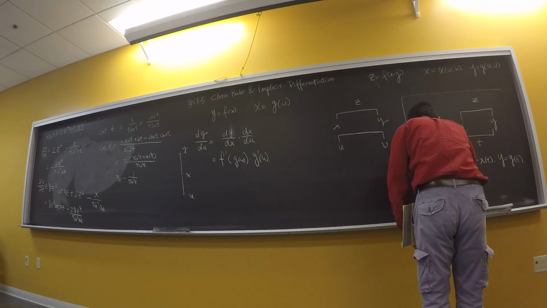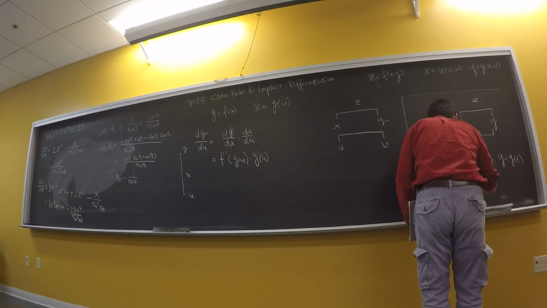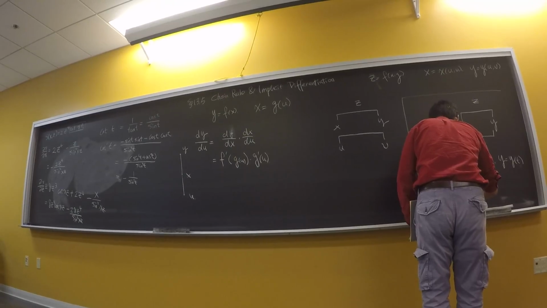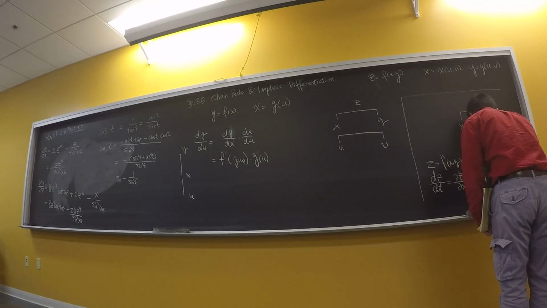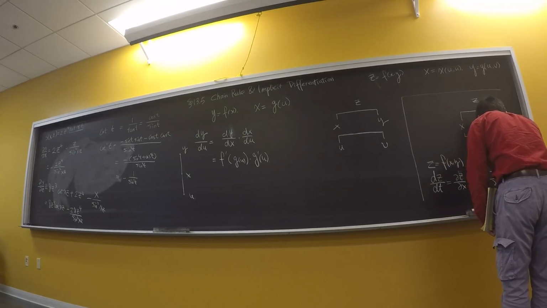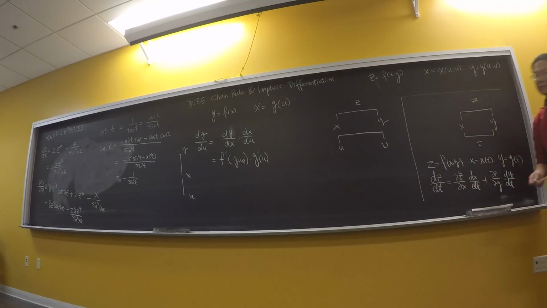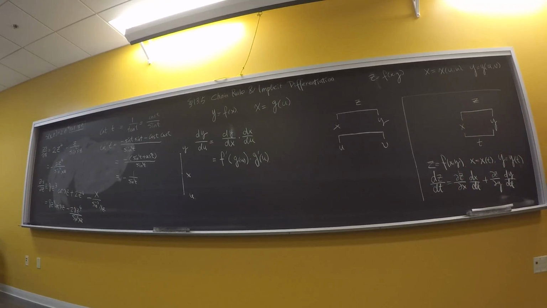So I have the chain rule: dz over dt is equal to partial z partial x dx dt plus partial z partial y dy dt. So this is the first chain rule I want to introduce. This is in the simplest form. As we already agreed, if we eliminate x and y, we're getting a function of z with respect to one